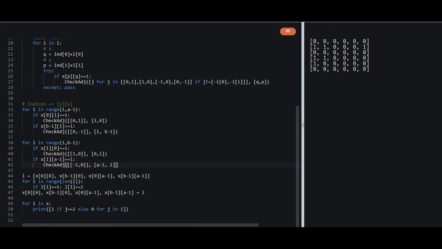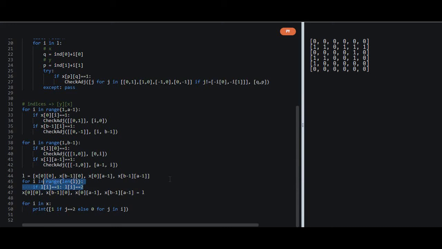So this is for the last column, and we have seen a bug that instead of x comma y, we had written y comma x as the input. So now it should show the correct output, and yeah, it is showing the correct output. It is checking for all the adjacent ones. Now let me show you what I was talking about.